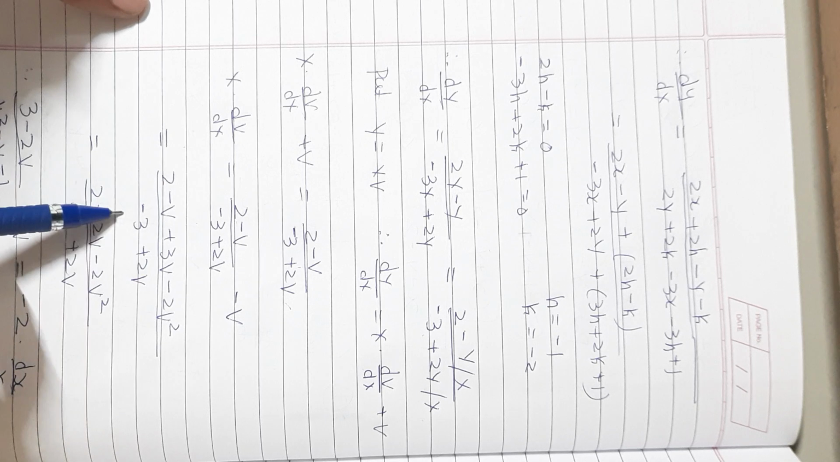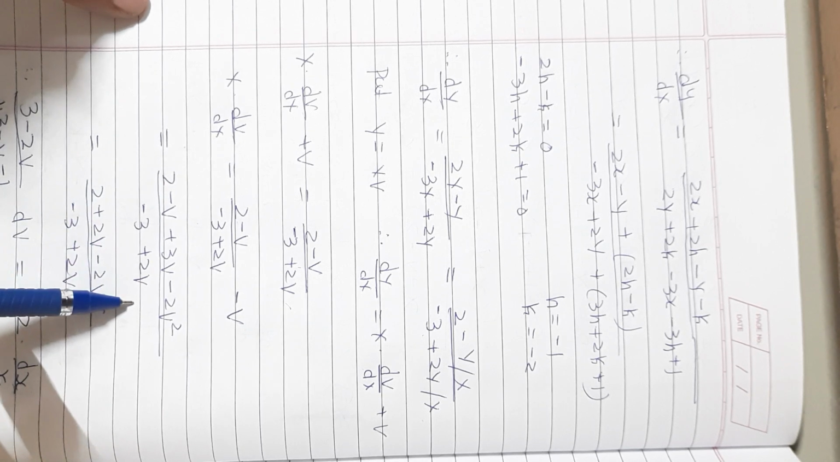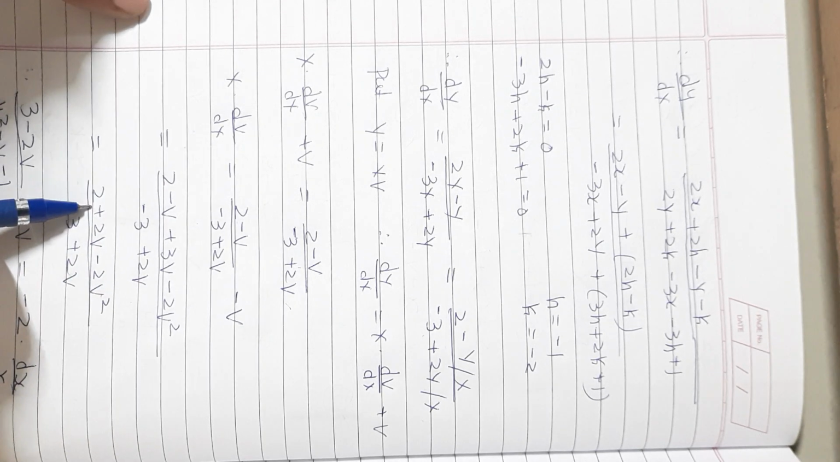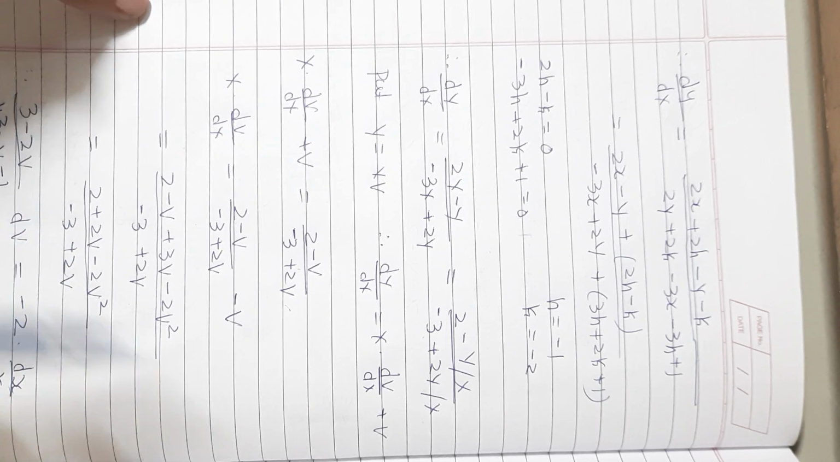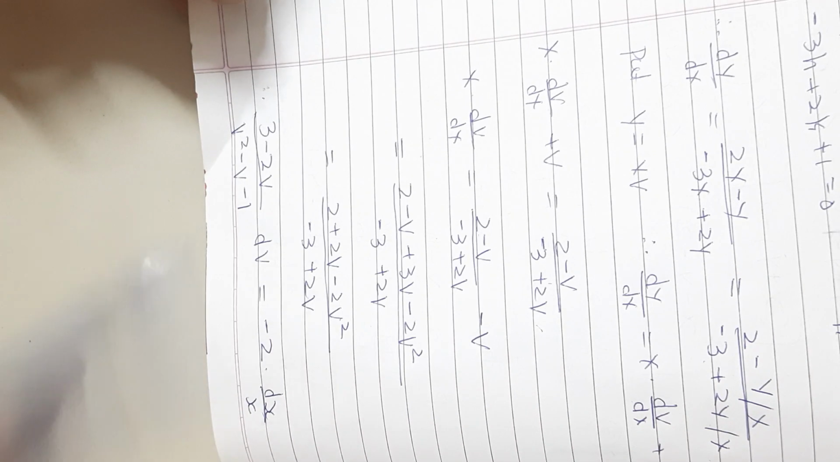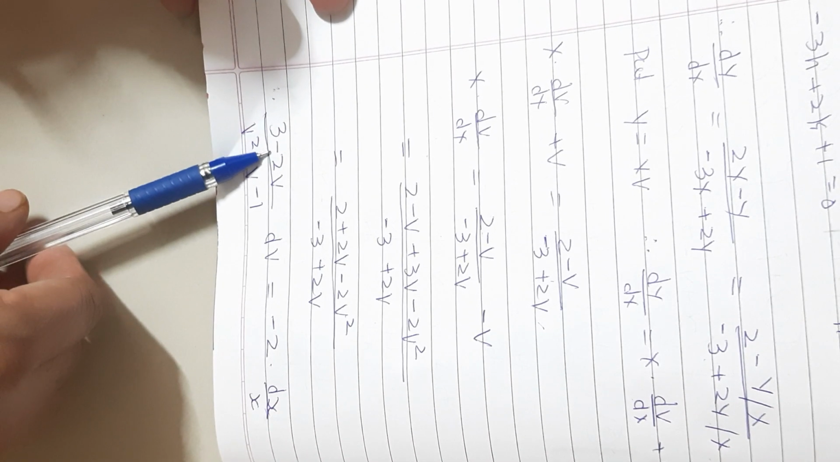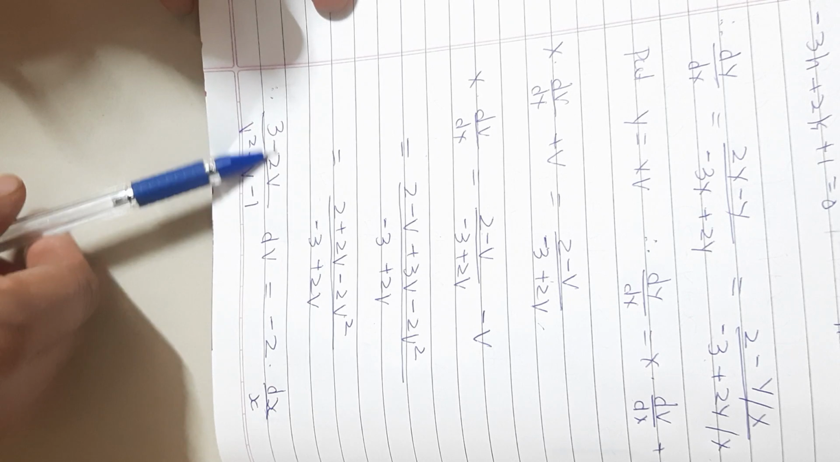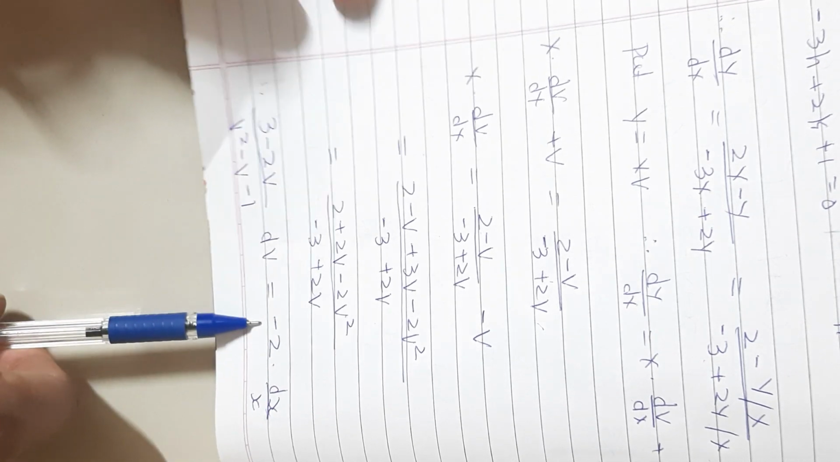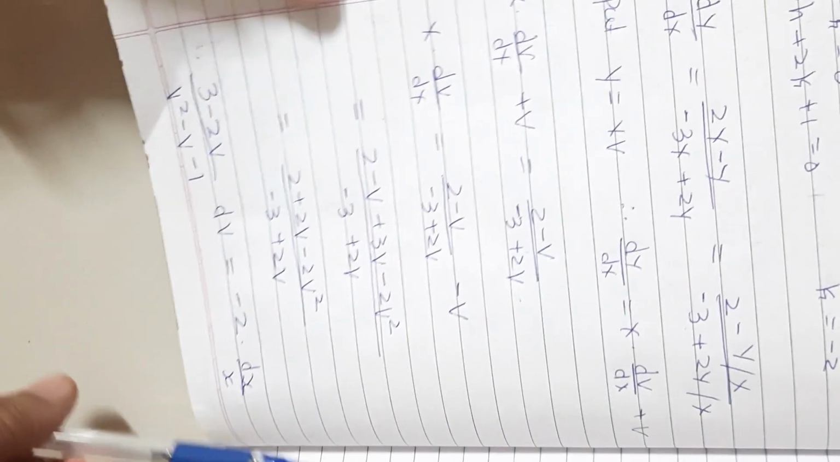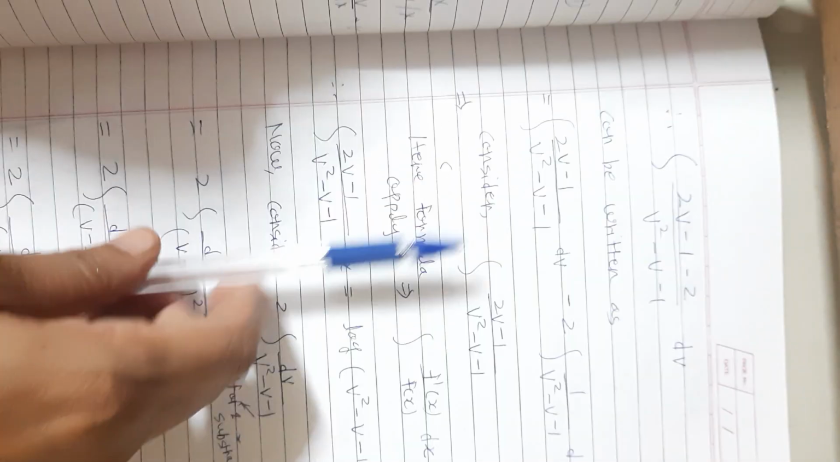Upon minus 3 plus 2v, which is equal to 2 plus 2v minus 2v square upon minus 3 plus 2v square plus 2v, which is equal to (minus 3 minus 3 minus 2v) upon (v square minus v minus 1) dv is equal to minus 2 into dx upon x. After that,